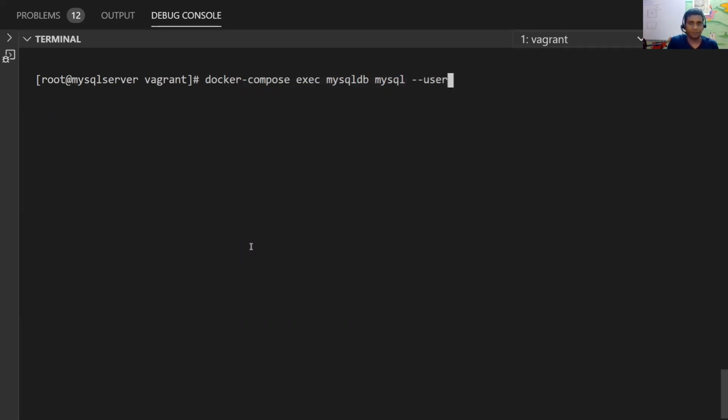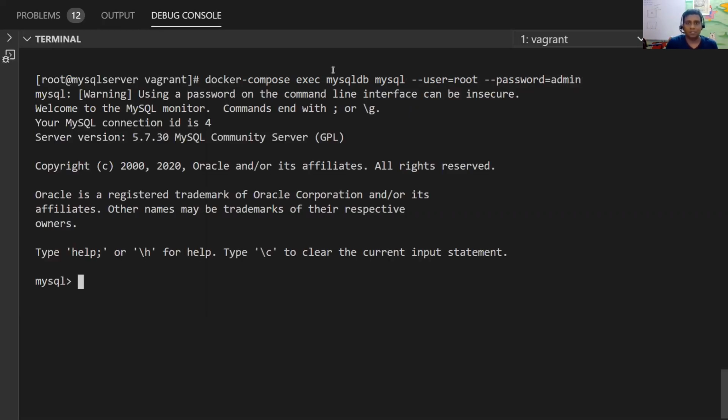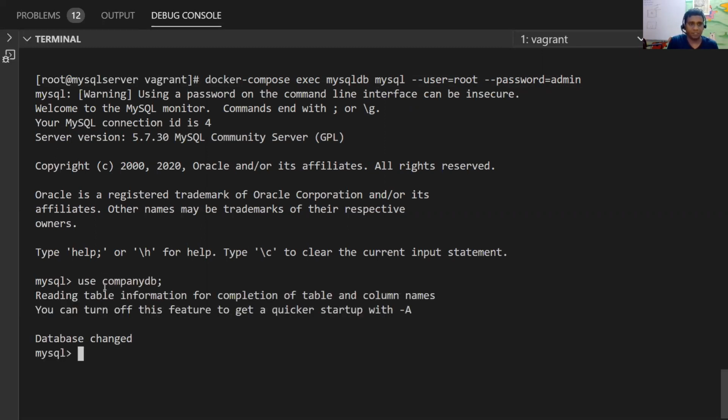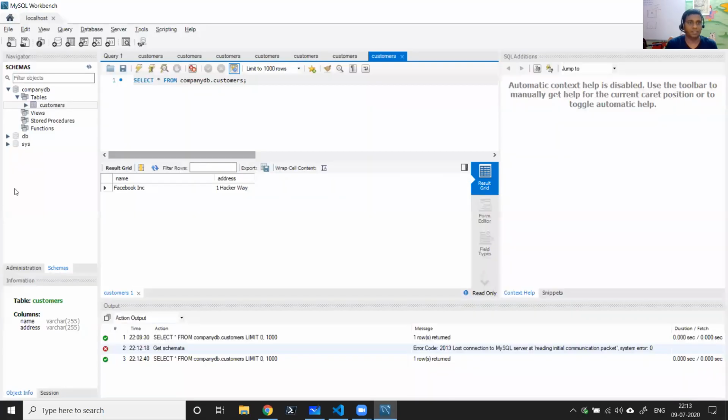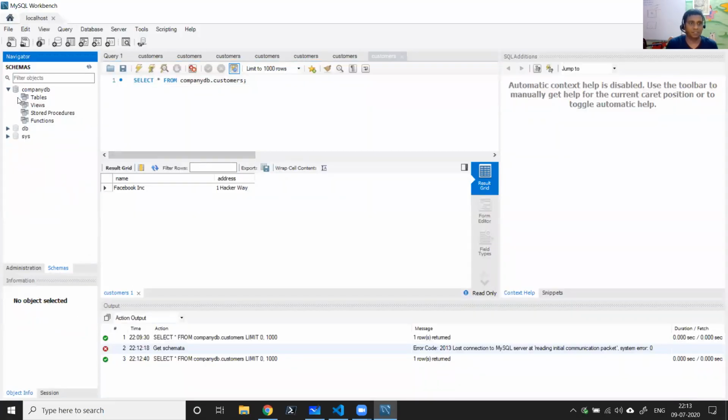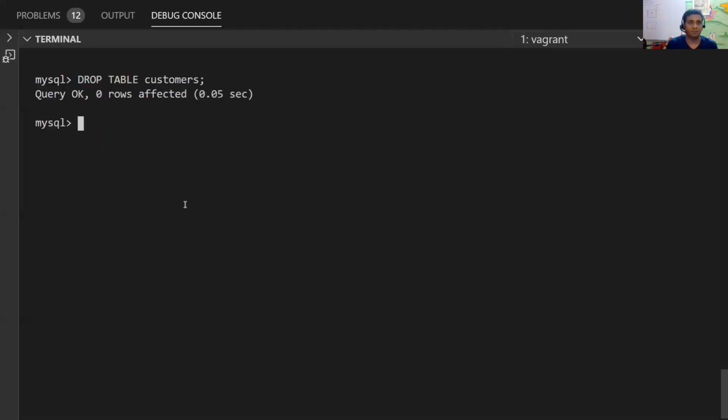In this command, instead of a bash shell, I directly ran the MySQL client. Then I will use company DB. Okay, DB changed. Then I'm dropping the table customers. If you just refresh, you can see the company DB doesn't have the tables.